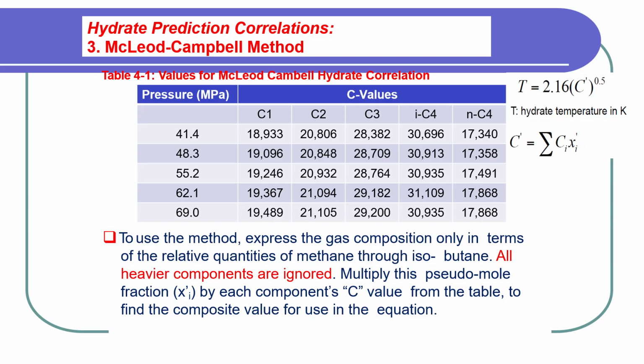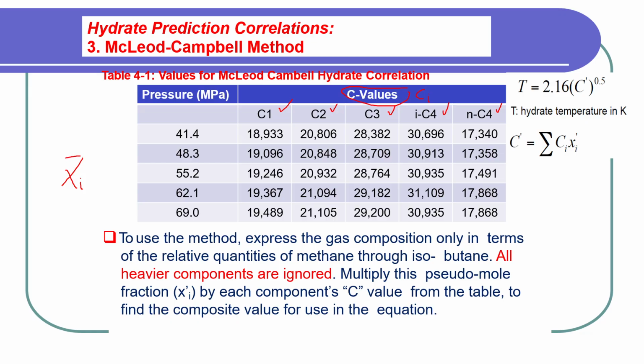And the Ci is listed in the table here, where you can find the C value, or the Ci, which is again similar to the Ci of the equation that you have seen before. So the Ci is listed for specific components, which are mainly C1, C2, C3, isobutane and normal butane, which means that you are excluding all the heavier fractions. And as a result, you will get a new definition of what we call the Xi prime, which is the